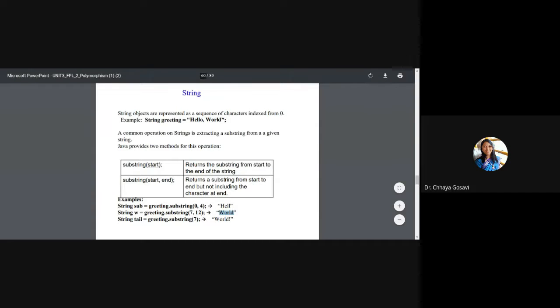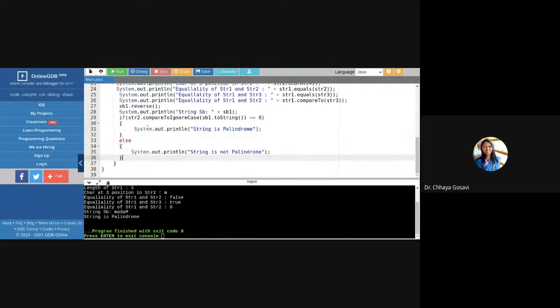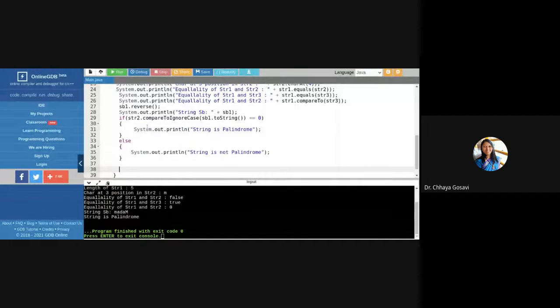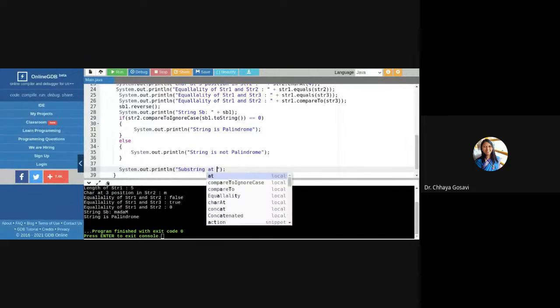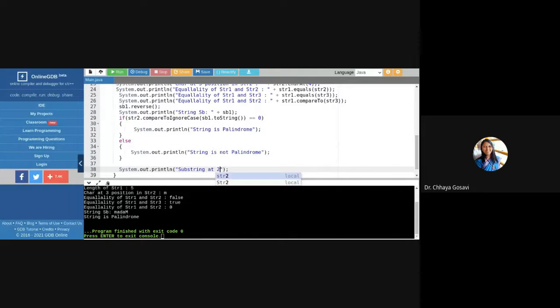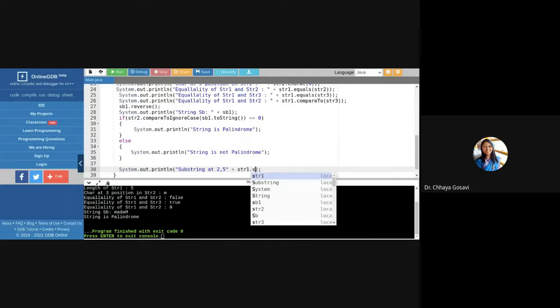We can check in our example, the substring function. Substring at 2 to 5, suppose. str1.substring.